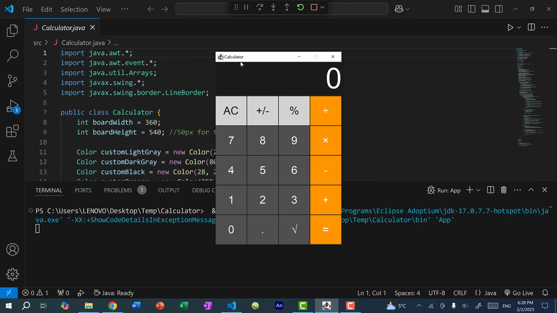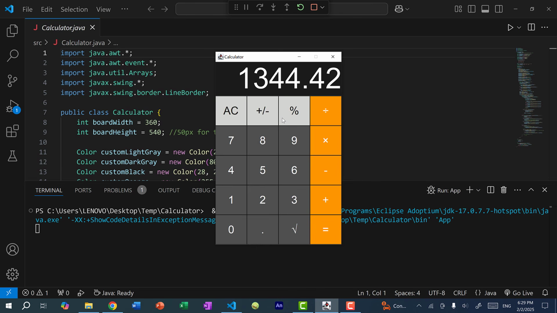In this video, we're going to be coding a calculator in Java. So here you can see we have the calculator and I can put in some numbers. So I can do 24.75 times 54.32 equal. And you can see we get our result, and I can do negative, positive, and I can take